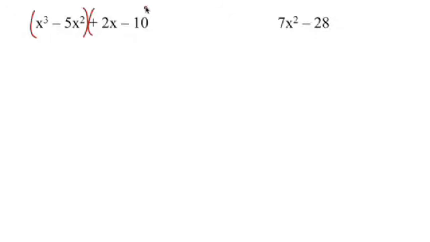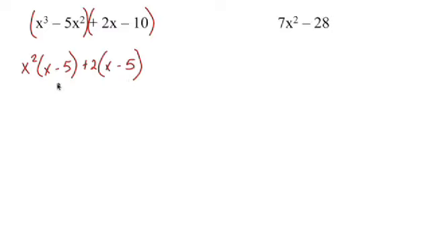So you immediately jump to here, because again, there isn't anything common in all 4. That's the key. Students see those x's and they want to take them out, and I said, no, you can't do it, because there's not one in every one. So out of the first 2, I can take out x squared. Out of the last 2, I can take out a 2.